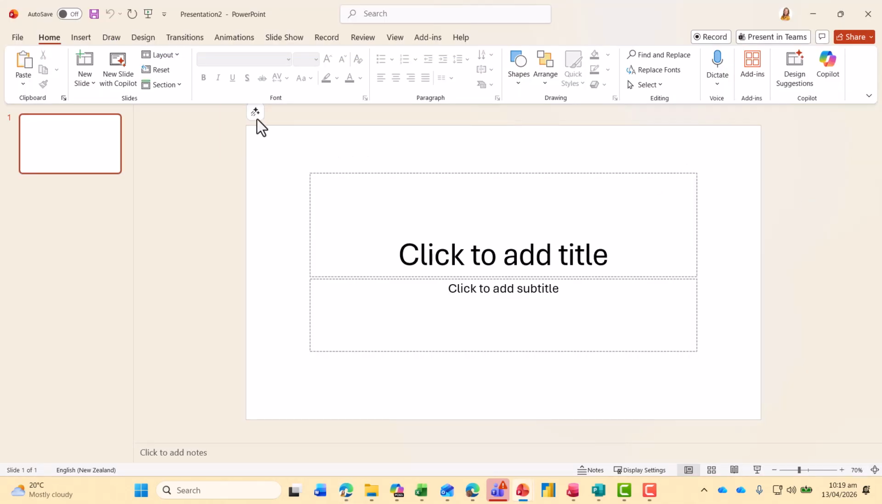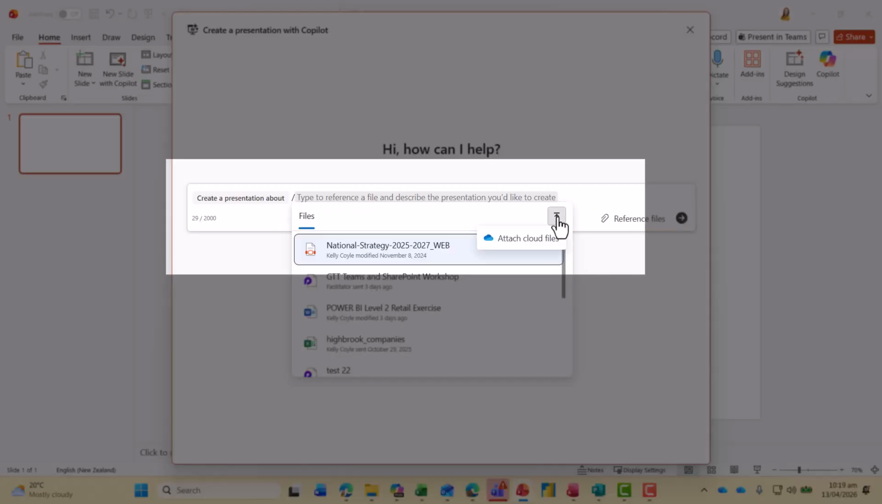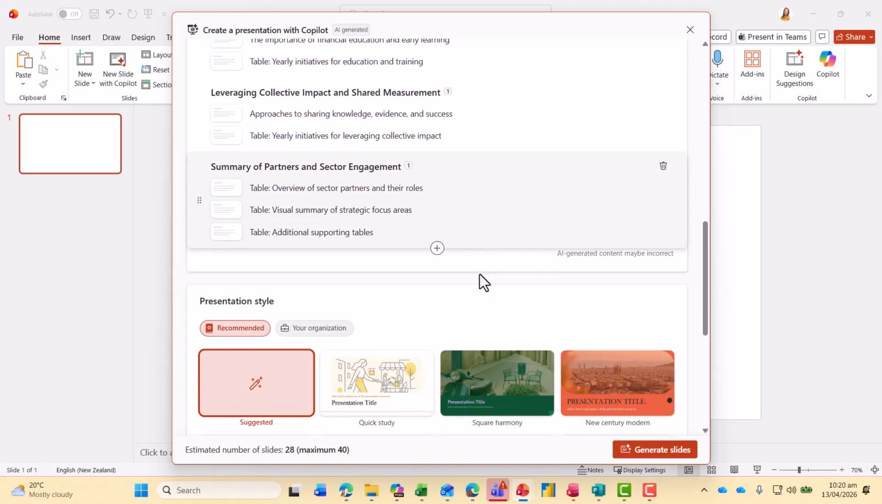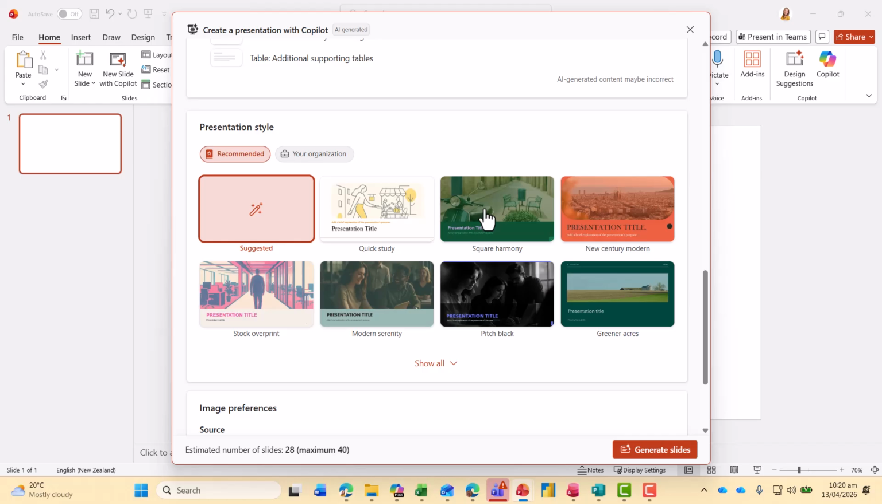I've opened PowerPoint and I can use the Copilot icon here to create a presentation with file. I can attach cloud files, or because I've opened this recently, it's recognized it here. Copilot has extracted the key ideas from that PDF and presented them here as different sections with different slides. I can add more information in, and I can review everything that Copilot has chosen, and here I can select